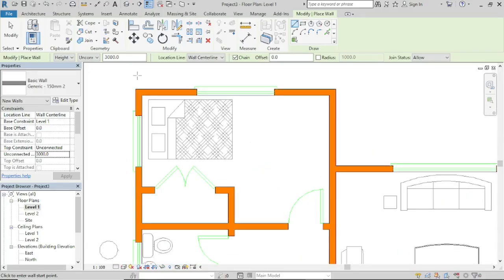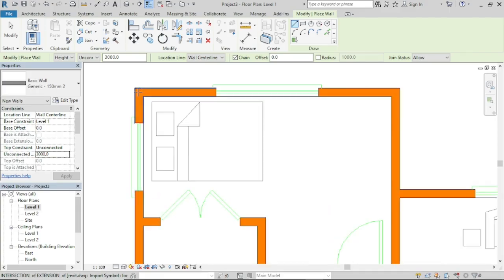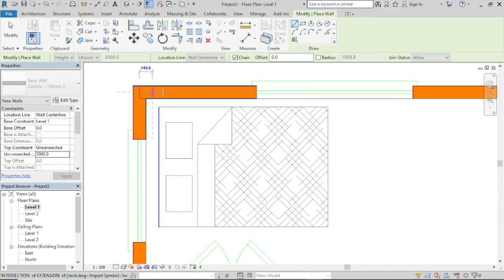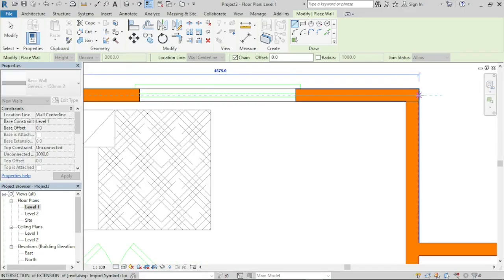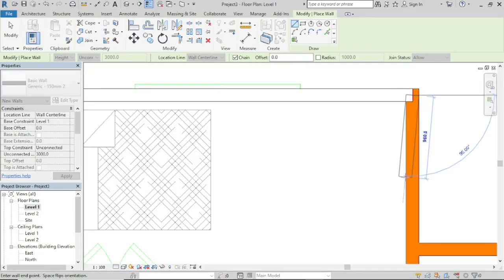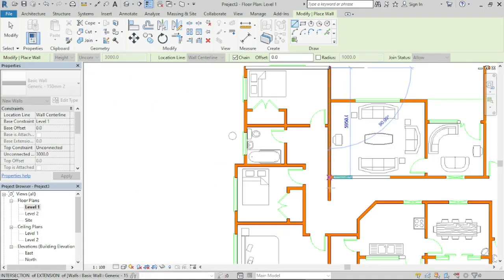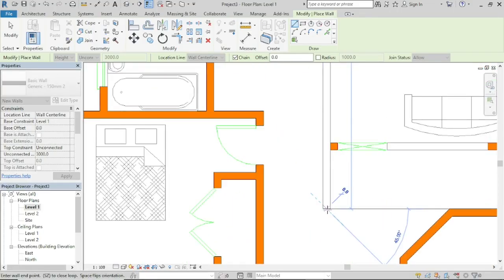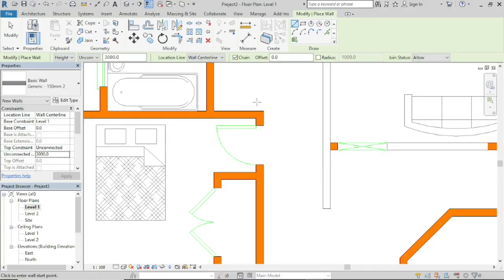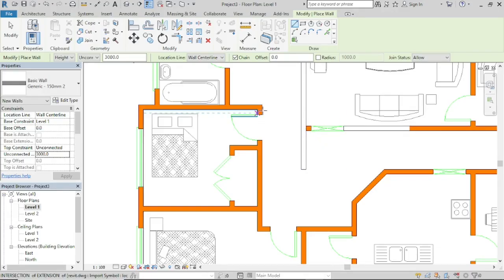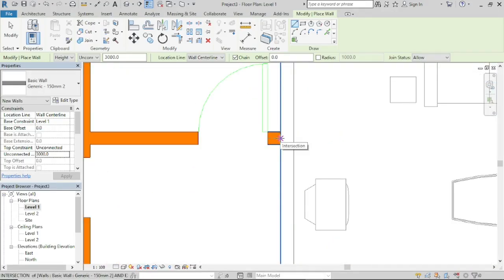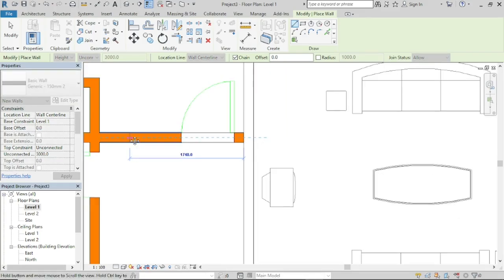So what the Wall Center Line does is that it will find the center of the floor plan, and like that, then you can start making your wall like that. So this is how you can make your wall in Revit. Then you have to press Escape. Then you can go here where I want to make another wall. Then you can just do that,